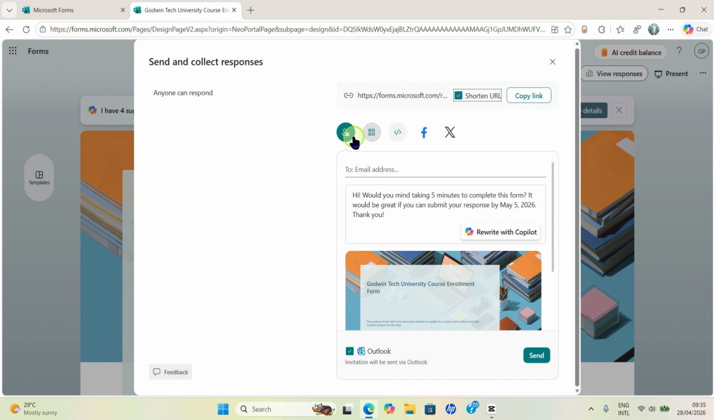It will go. So we have some other options here. For example, if you want to share the form on Facebook for everybody to apply, you click on Facebook, follow the on-screen guide, and then you share it on the platform. We have X. Maybe you want to share it on X. Click, follow the on-screen guide, and the form will be shared on X for everybody that comes across it to be able to fill. Or if you want to send to email addresses from here, you click here and